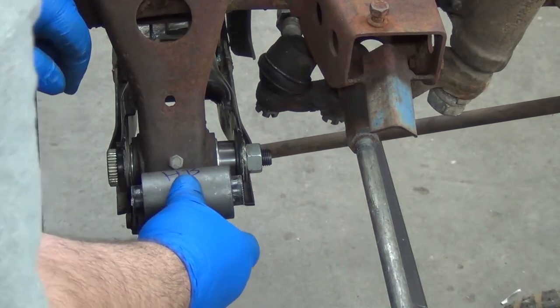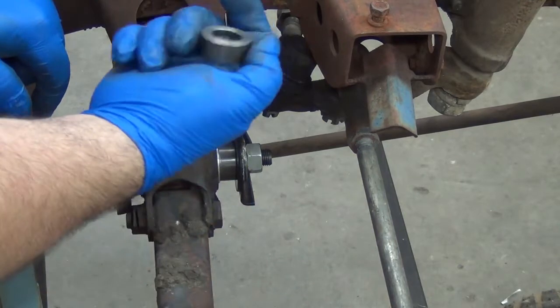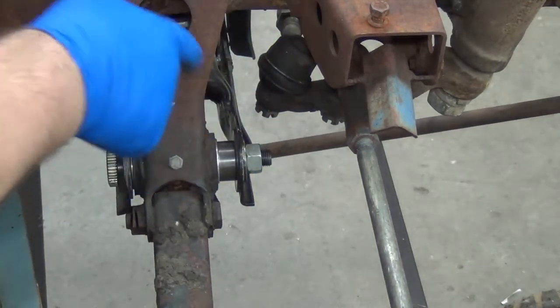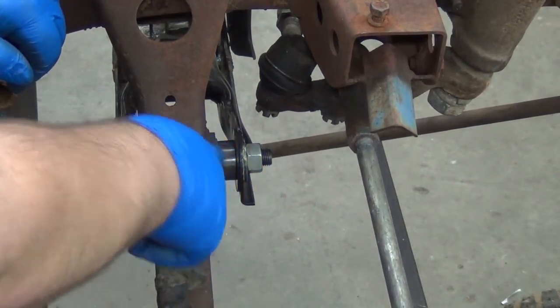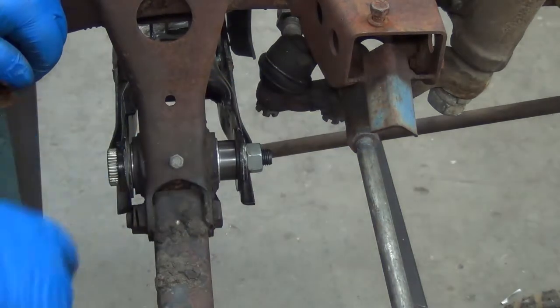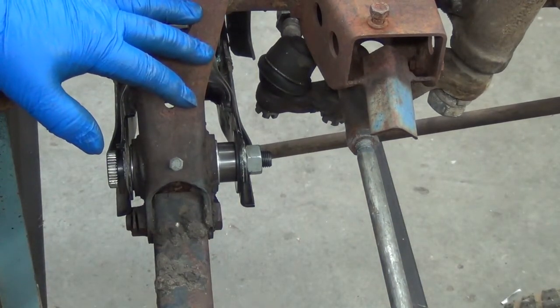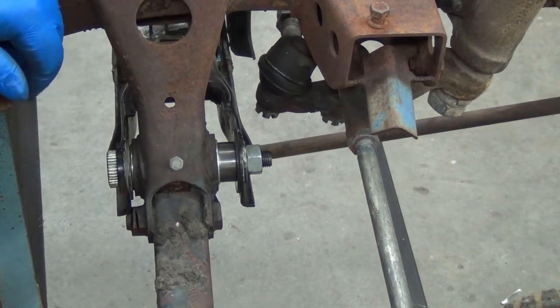And so what I've done was took the measurements, stuff like that. It turns out it needs basically a 1/2 inch spacer. So I just took some DOM and made some 1/2 inch thick spacers, stuck one in there. And now what that does, by having all the spacing on one side, it will keep the arm forward. Now that's the way I had everything set up. It gives it 6-7 degrees of caster, which may be a little much, but